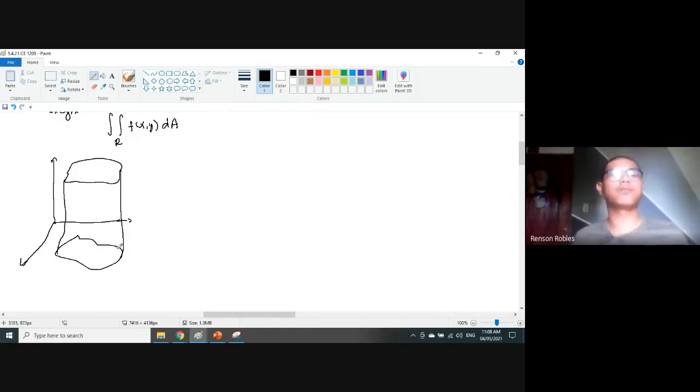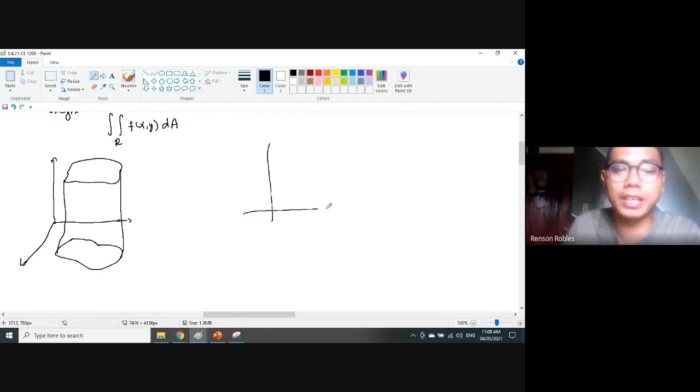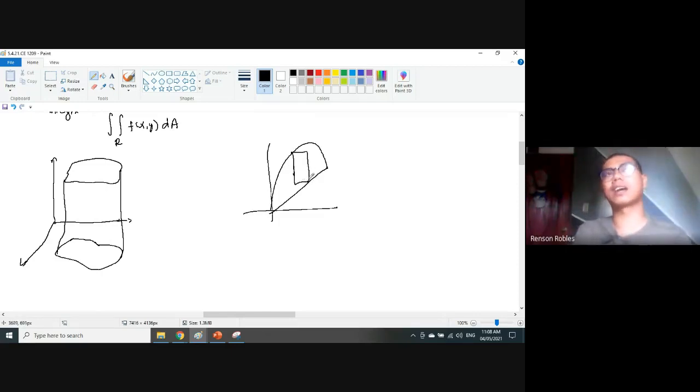So if we want to get the volume of this cylinder, what I'm going to do is draw a rectangular parallelepiped. In the plane region, we draw an element that's a rectangle. Now, if we revolve it over here, what you will notice to this rectangular element,